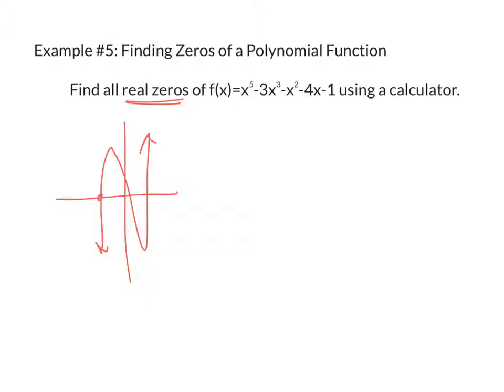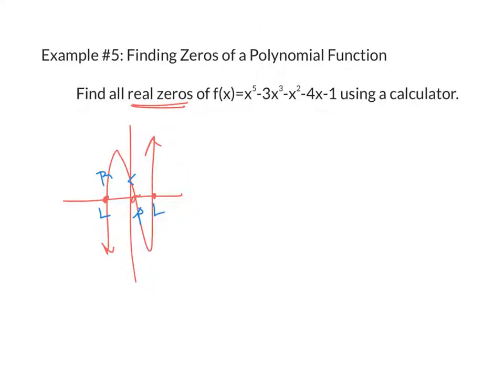Okay, so we're trying to find this value, and this value. Now in order to do that, you have to do left bound, right bound with your calculator. So you would press second trace and go down to 2, which says zero. Now, to do these, you always start from the left and kind of turn your head. So this is actually left bound, and this will be right bound for the first point. If I keep going around, now this is left bound and right bound for this point. If I keep going around, turning my head, this is now left bound, and this will be right bound for